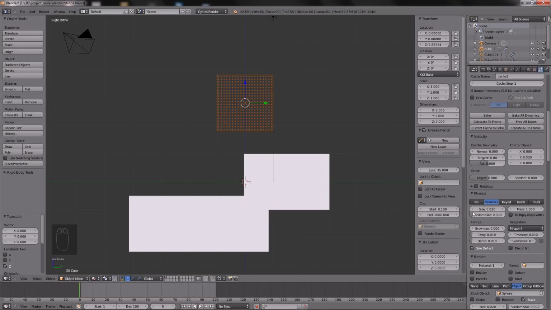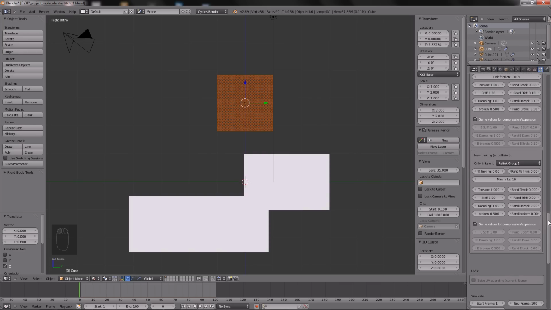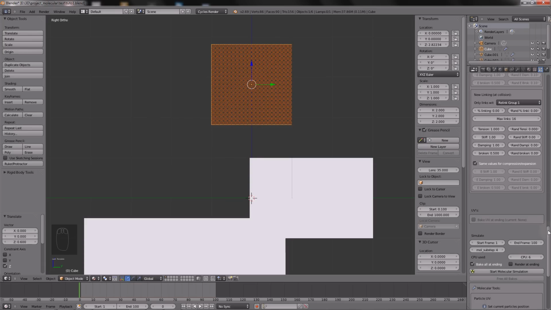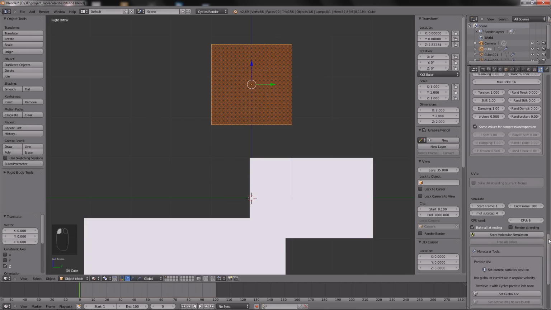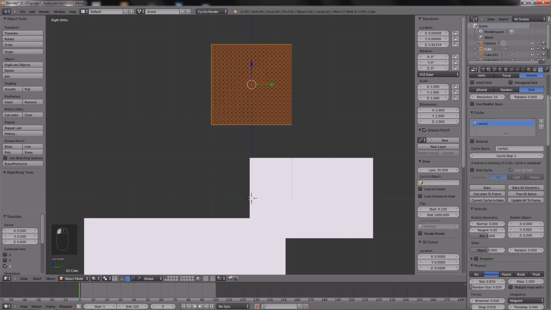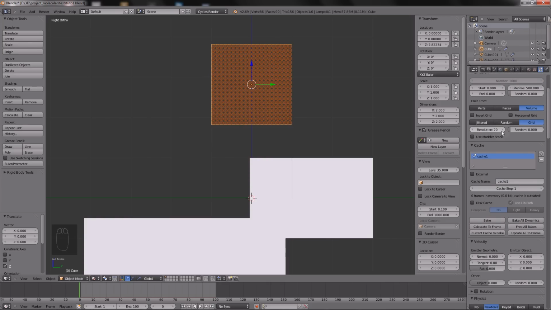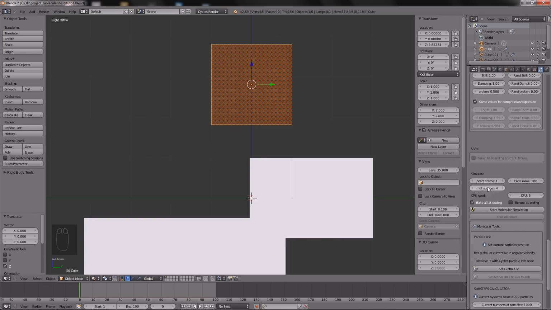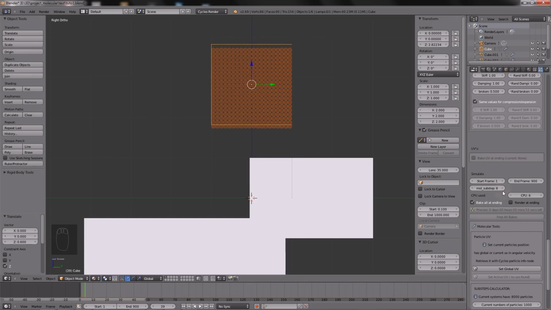So the more particles you have, the more you need to increase the substeps of your simulation, and it's directly proportional. It means if you double your resolution here, you need to double the substeps here to get the same result. So here I need to put 8 to get the same result I got with a substep of 4 and